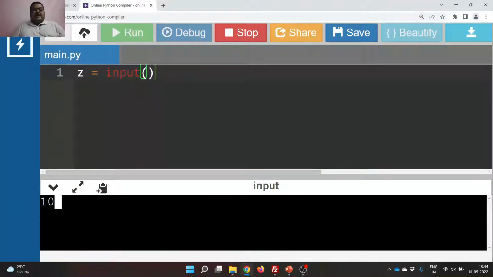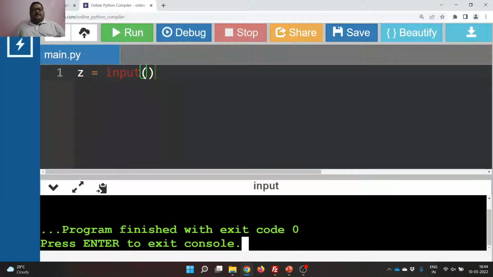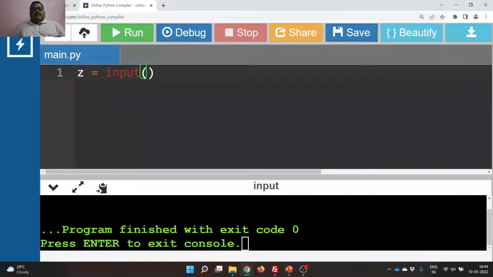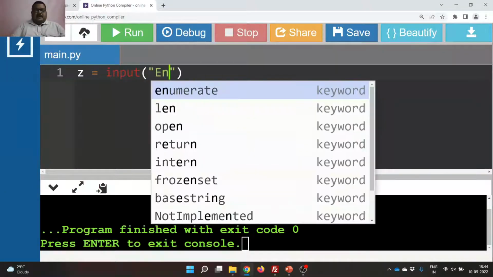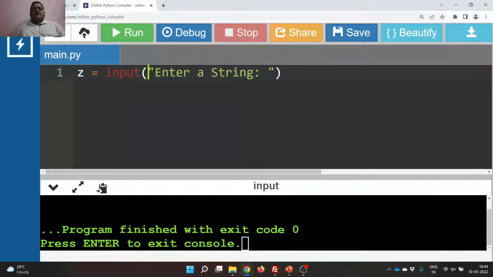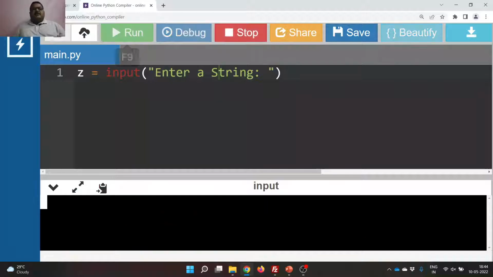Whenever you enter some value, it will be processed and it comes out of the execution. Now, if you give the input with a prompt, enter a string. The prompt should be kept inside double quotation marks. Now if I run this one, then